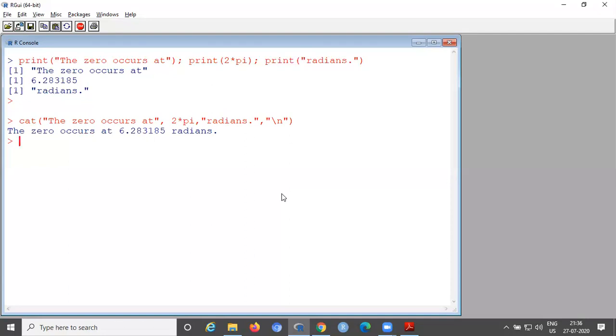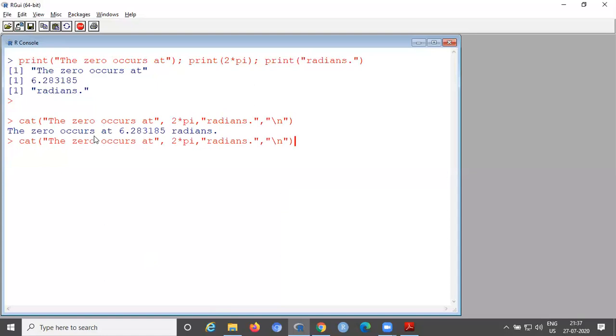Now you can observe the output. The first one is "the 0 occurs at", then the second one 2 into pi, 6.28315, third one radians. See, the \n won't be printed. The meaning of \n is that the output will be in the new line.